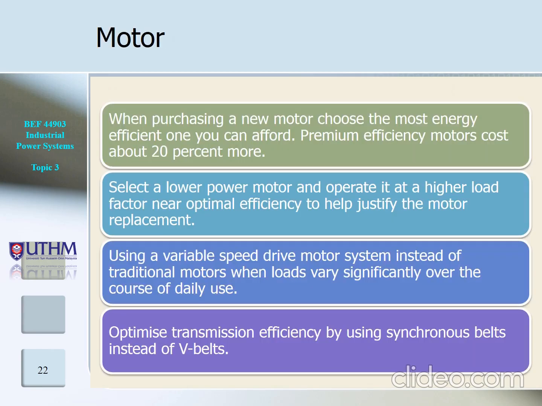Next is energy saving tips for motor. We have 4 tips here. The first one is, when purchasing a new motor, choose the most energy efficient one you can afford. Premium efficiency motors cost about 20% more. Second, select a lower power motor and operate it at a higher load factor near optimal efficiency to help